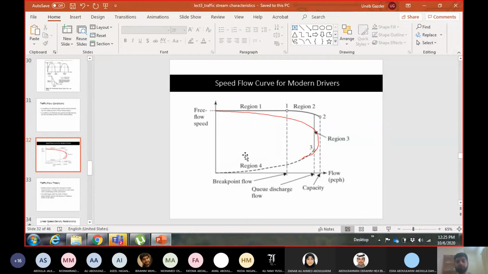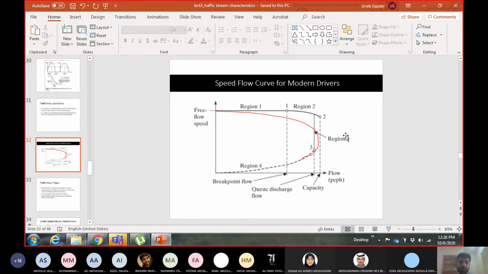After point 3, what they are calling region 4, you will start to see the real traffic jam. Okay, so now the flow is getting stuck. Now the people are stopping. Okay, so between point 2 and 3, the flow was moving at a very slow speed, but it was still somewhat close to a smooth flow. But at point 3, it starts to reduce. Okay, so this is what happens with modern drivers because of their aggressiveness. They tend to maintain their high speeds and they tend to maintain a smooth flow for longer periods of time.